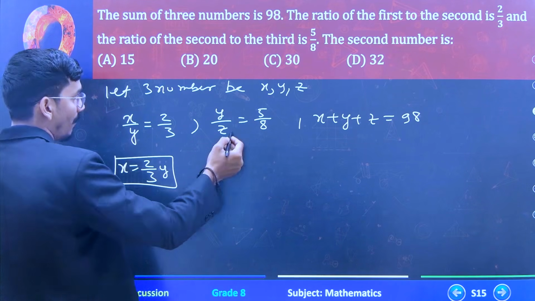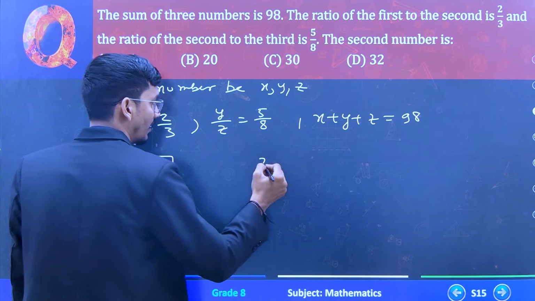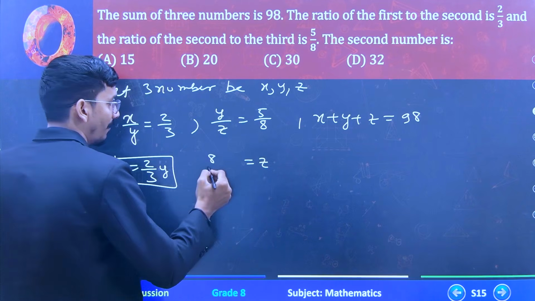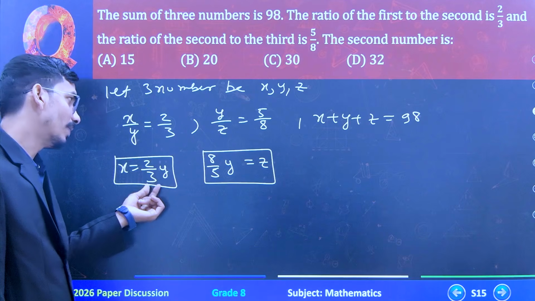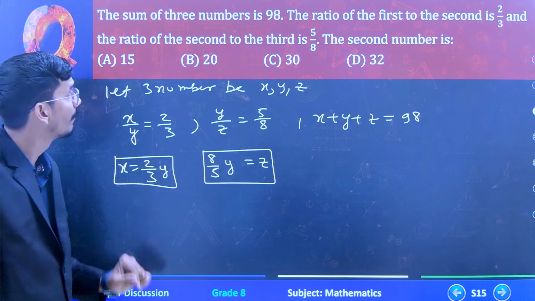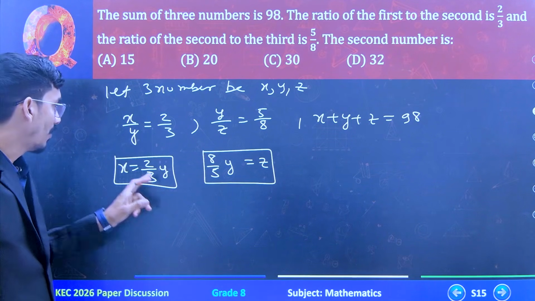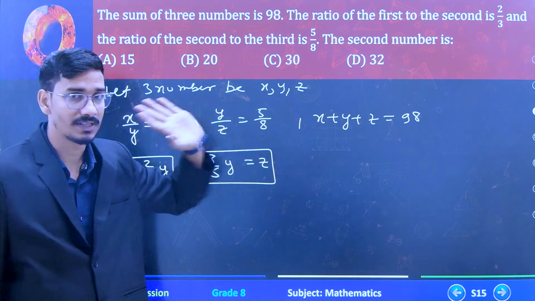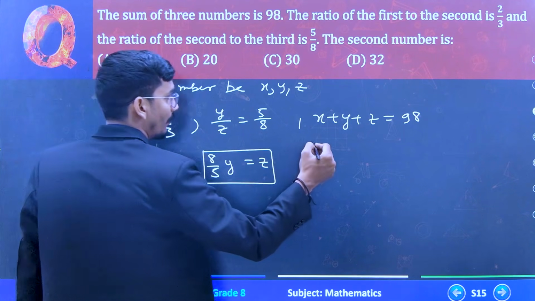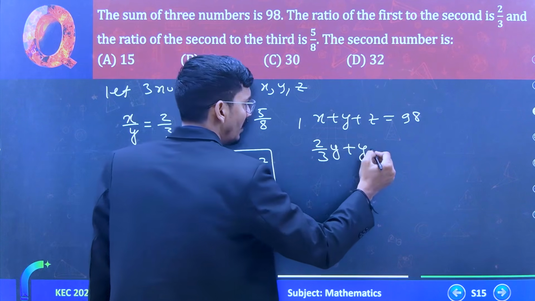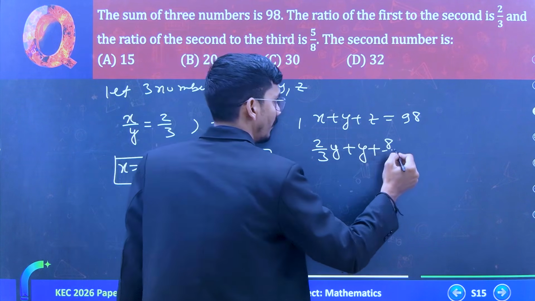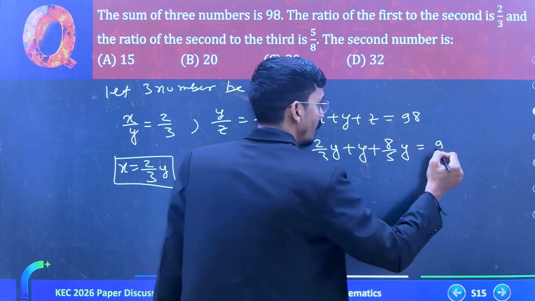Okay, and if I am finding z from this one, z equals 8 by 5y. So x equals 2 by 3y and z equals 8 by 5y. Now I am putting x and z in these equations. So x equals 2 by 3y, y as it is, and z is 8 by 5y, equals